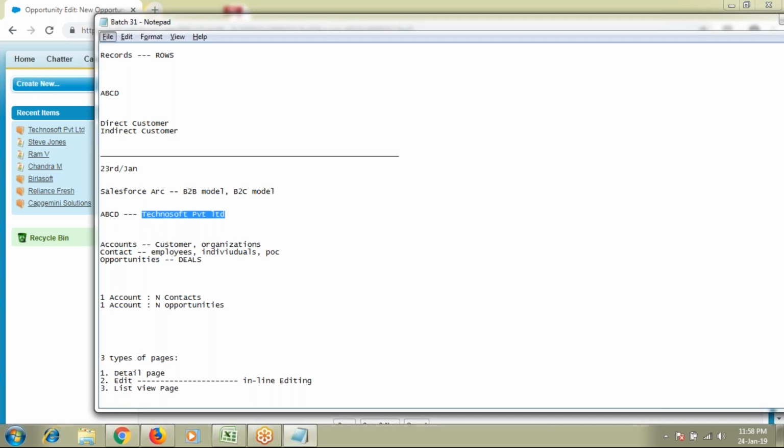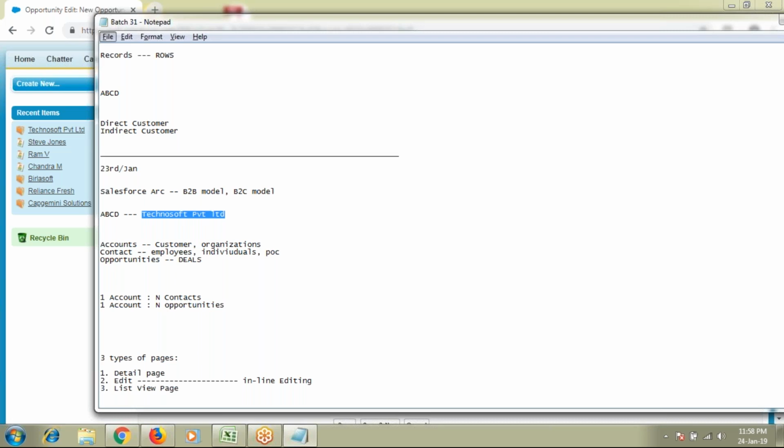And once I send a request to higher officials, they will look into that, and they will come up with some quotation, some price. And before that, I need to send an approval to my higher-up managers. So once they provide an approval, then only they will come up with a price quotation for the number of products. Once they release the quotation, then I need to send the quotation to the customer.